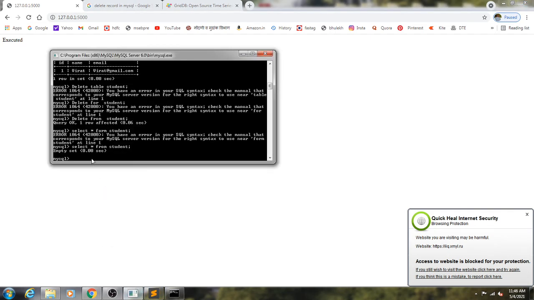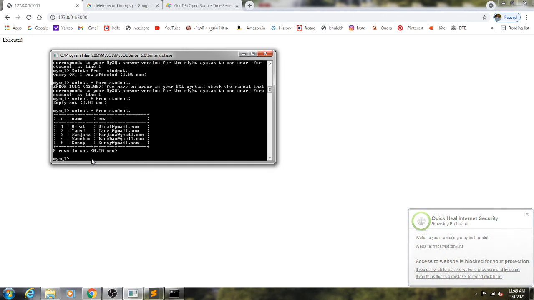Okay, so we can see whether the records are inserted or not in the table student. We can write here, select star from student. So it gives you 5 records. These records are inserted through the Flask script.